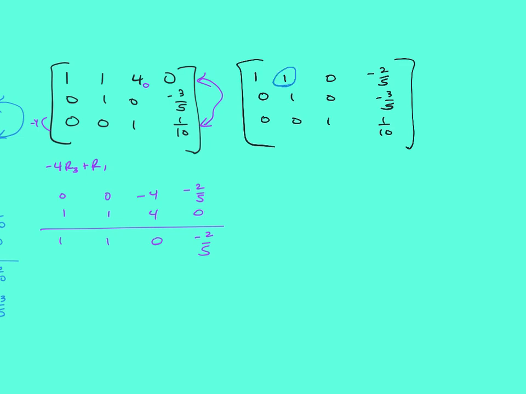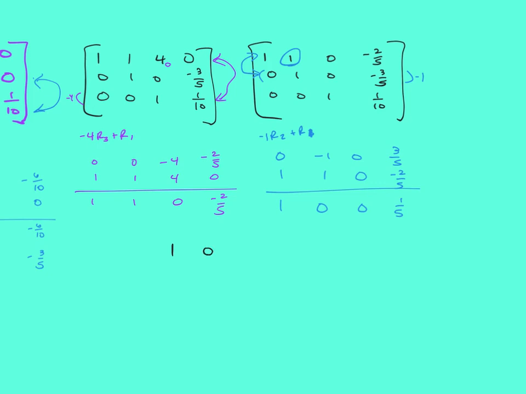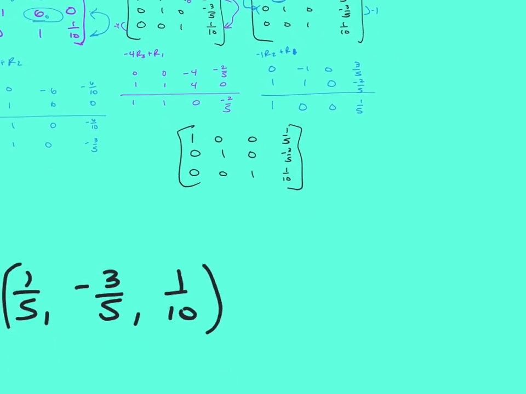Last 0 is this one. I have to use row 1 and row 2, otherwise I don't have anything to change the 0 to. So negative 1, row 2 plus row 3, plus row 1. 1, 1, 0, negative 2/5. And that takes the place of row 1. And there's my same solutions